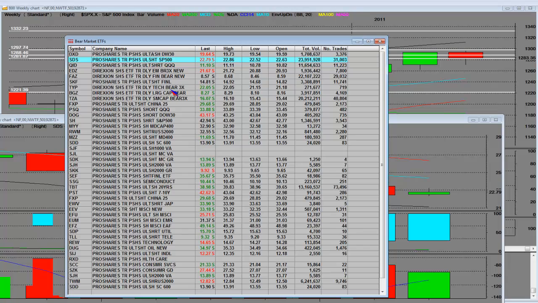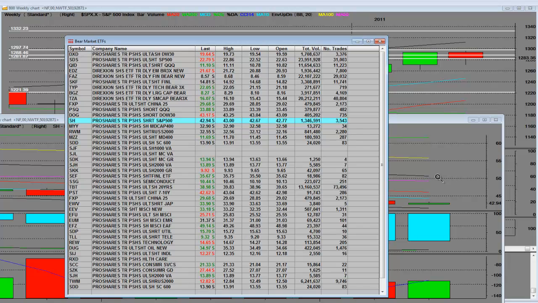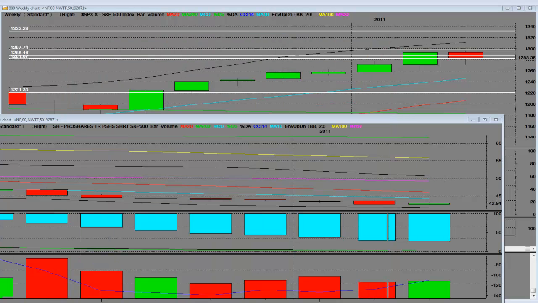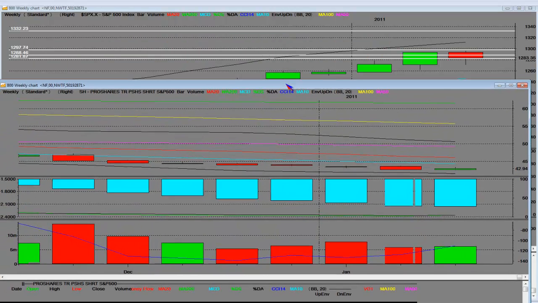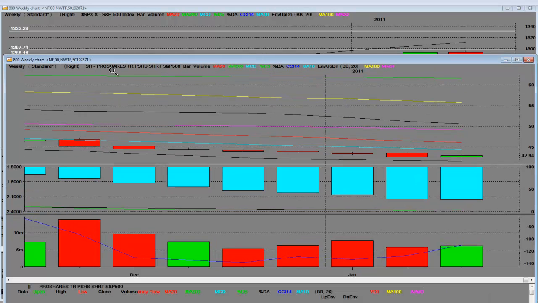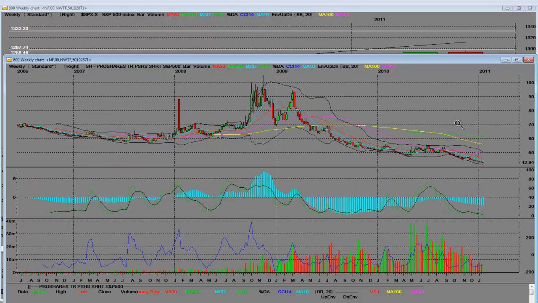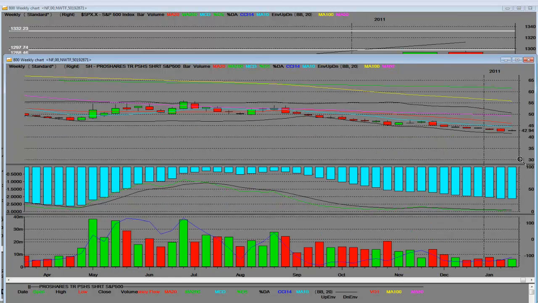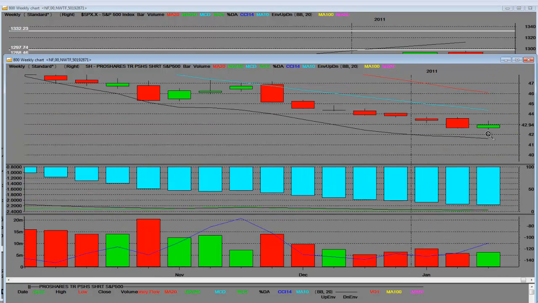So there are other ones that we're going to do outside of the S&P 500. There are several other ones. Here is an S&P 500 short. It just doesn't have that much volume, and it costs more money. This one here is called the SH, ProShares Trust S&P 500. It's not a 3X or anything like that, but once again, we are at all-time lows and we have an